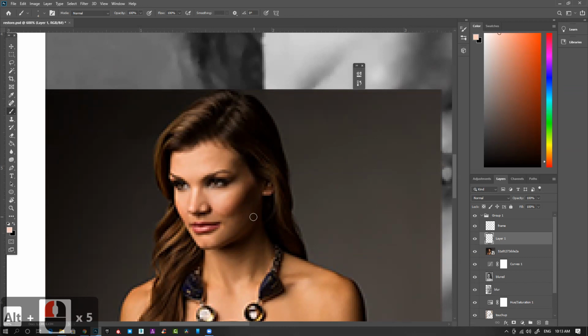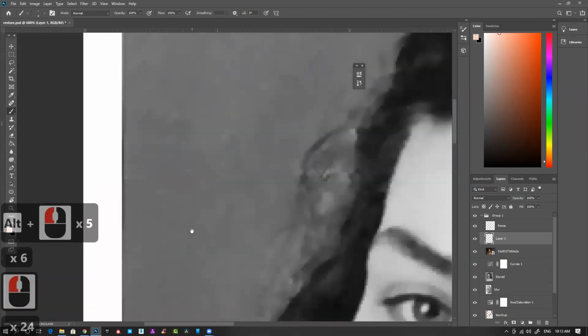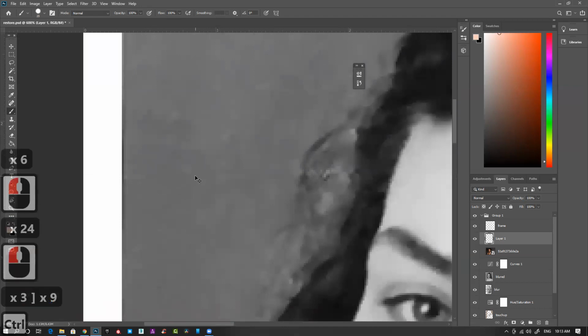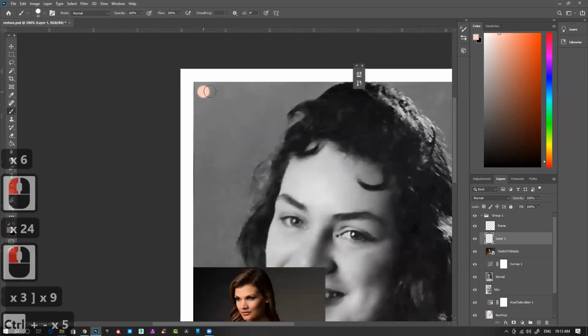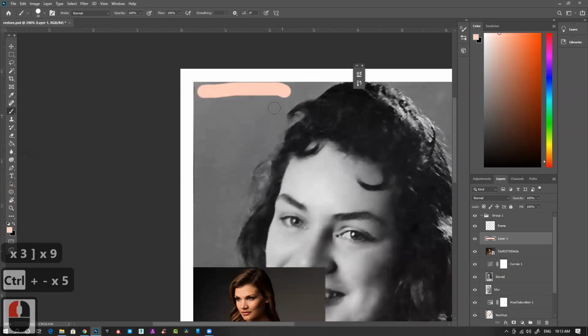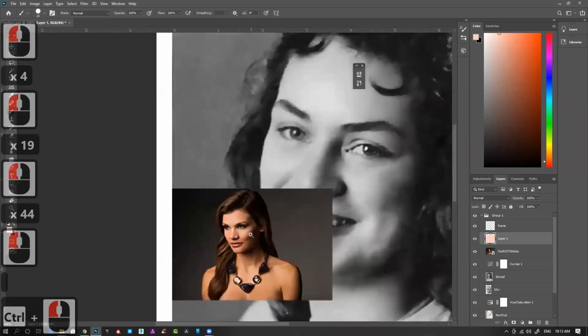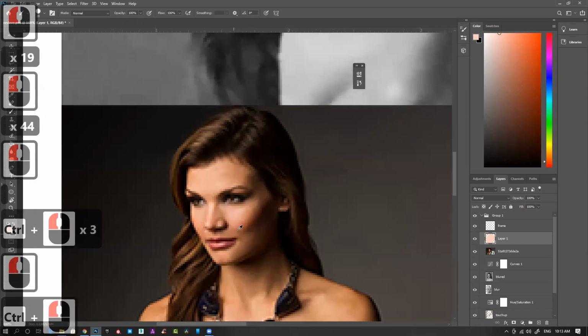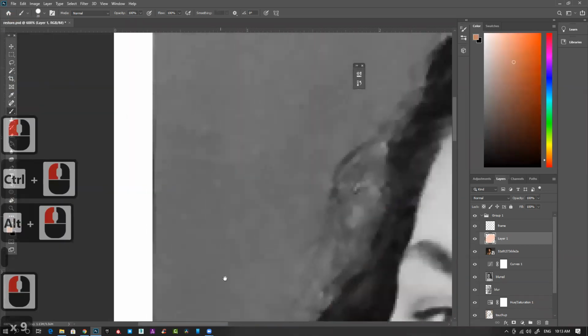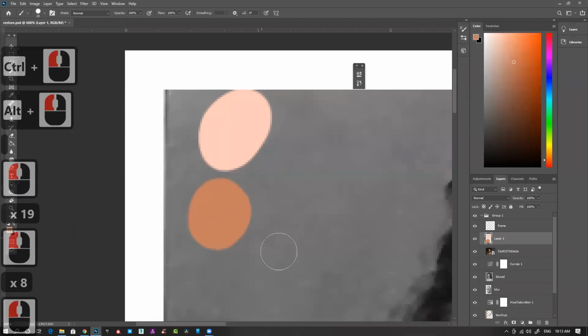Usually the nose tip is the lightest tone. And just paint one box or maybe one circle, anything randomly, that's fine. This is my lightest tone. Then I need a mid tone. So mid tone is next to this, somewhere here. One more color.